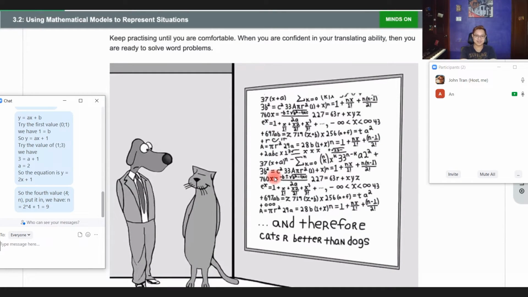Keep practicing until you are comfortable. It's infinite, so you can just move on when you are comfortable. Keep practicing until you are confident in your translating ability, when you are ready to solve word problems. There's this picture,